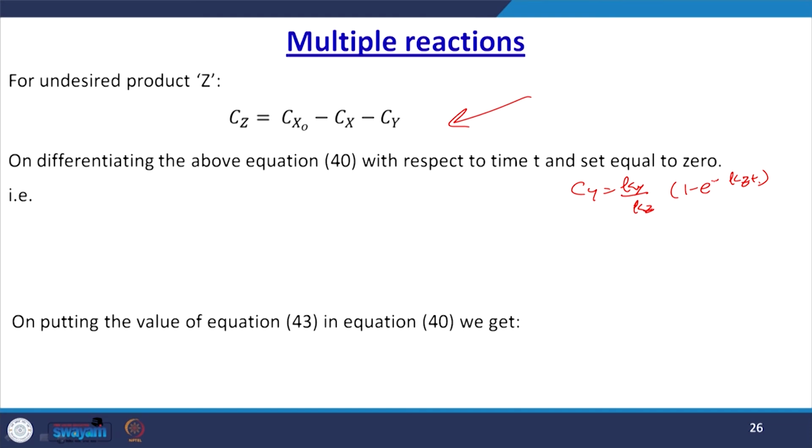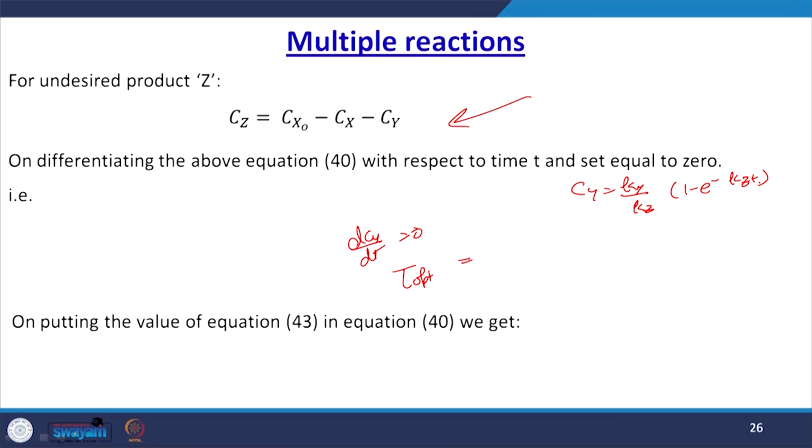Now, if we differentiate this equation with respect to t and set it equal to 0, then dCy upon dt is equal to 0. Now, if we solve this particular equation, then we may have